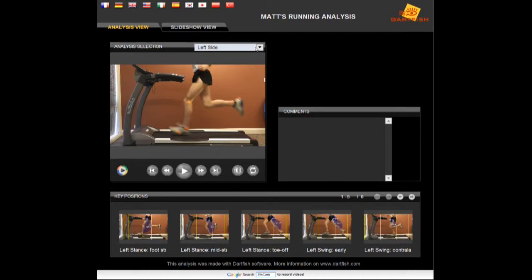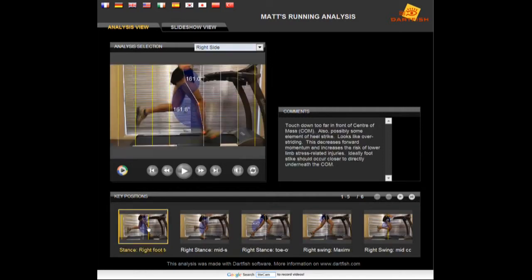So if we take an example of one of the key positions, we'll choose the right side and foot contact there at the beginning of stance. You can see that the key position then springs up into this analysis section to give you a bigger view here. And here are the comments that relate to it over there. We've drawn some things on the screen for Matt to show him what his knee flexion and hip flexion angle is like,